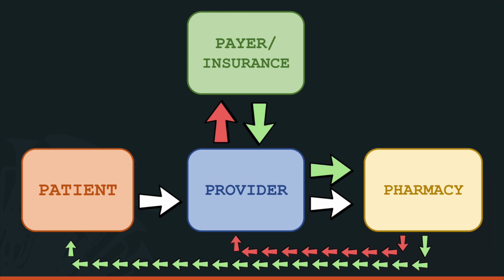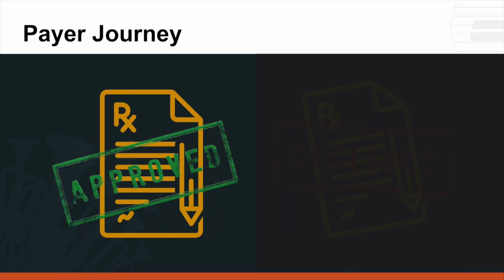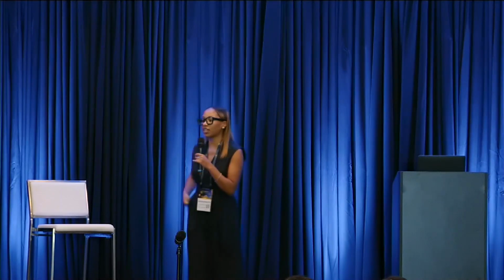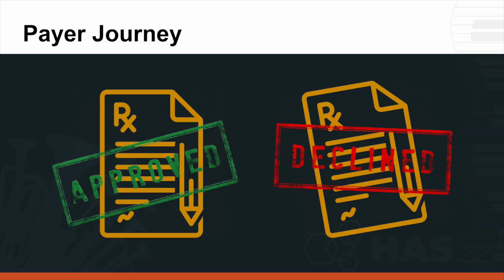Alrighty, so we've gone through 3 players in our game board, leaving one more. Some may say it's the most important, some may say it's the most annoying, right? This is our payer organization. And by payer, this is really a collective term, describing insurance companies or PBMs. Ultimately, the payer's role in this process is to make that final decision. Once they've gotten all of the documentation sent in from the provider's office, they have to make that final decision, whether they're requesting more information, but those final decisions are either an approval or, of course, a denial.